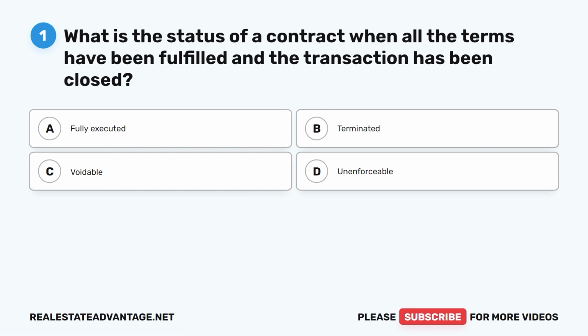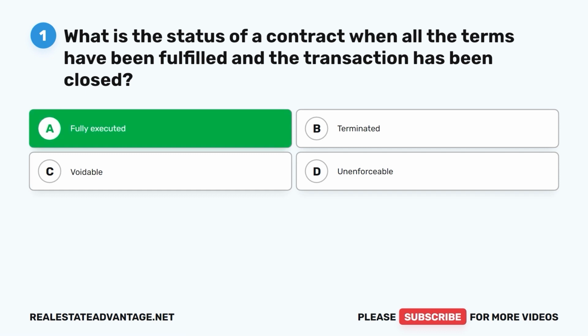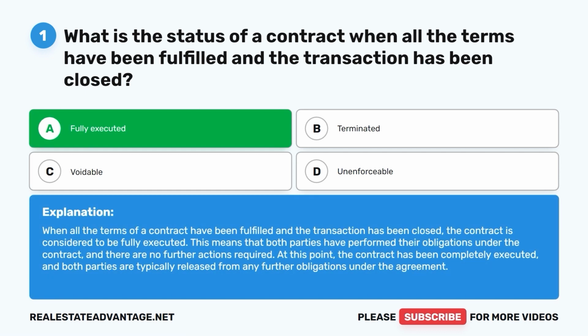Question 1. What is the status of a contract when all the terms have been fulfilled and the transaction has been closed? A. Fully executed. B. Terminated. C. Voidable. D. Unenforceable. The correct answer is A. Fully executed. When all the terms of a contract have been fulfilled and the transaction has been closed, the contract is considered to be fully executed. This means that both parties have performed their obligations under the contract and there are no further actions required. At this point, the contract has been completely executed and both parties are typically released from any further obligations under